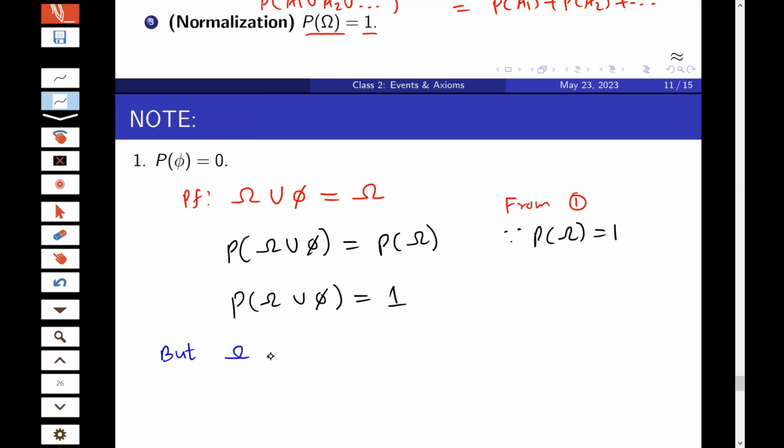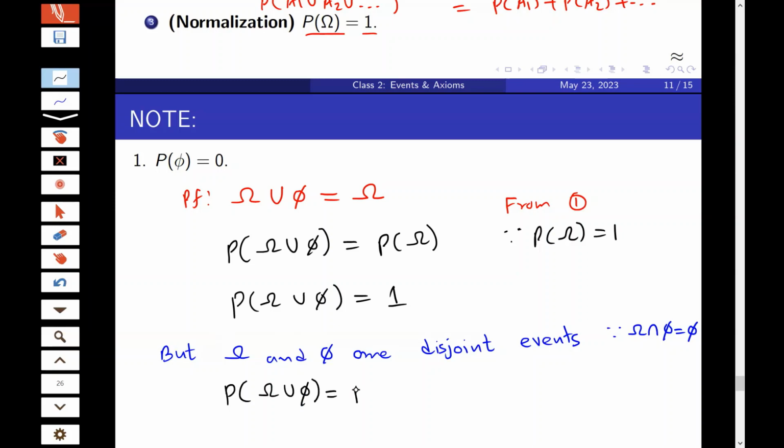But omega and phi are disjoint events. That is, if you take the intersection of these two, it is again null. Okay. So that means from 2 we can break this. Okay. From 2 we can write